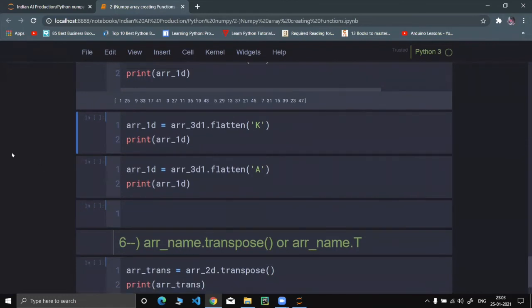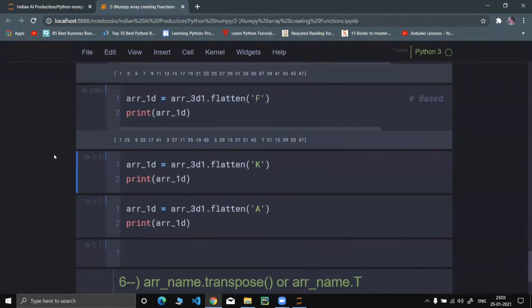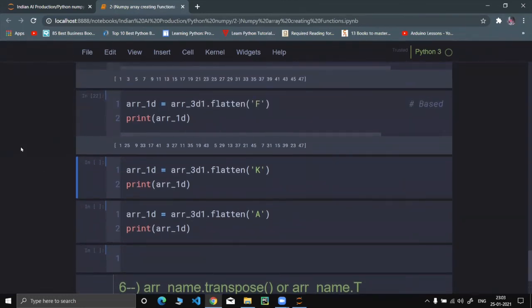One question to Raja and everybody listening. Actually, what confusion I was getting is, if we have the ravel function, then why was there a need for the flatten function?